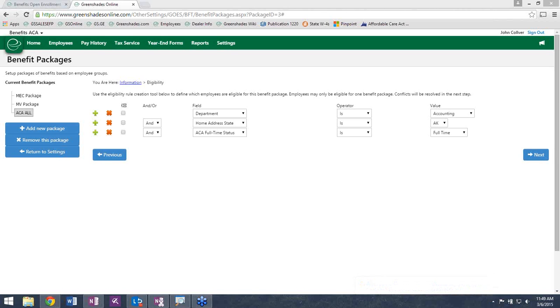Those updates would be pushed out as well if a regulation changed. Maybe there's a new regulation next year where, instead of offering employees coverage at 30 hours, it's 32. That's not going to happen. That's completely made up. But if that were to happen, we would push out an Affordable Care Act compliance update as well.